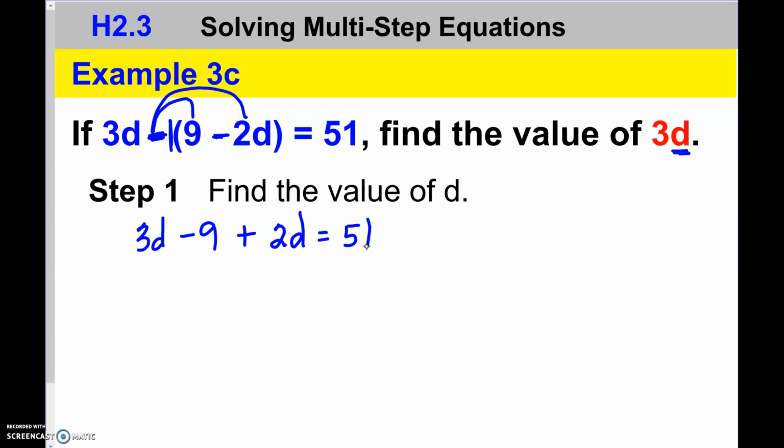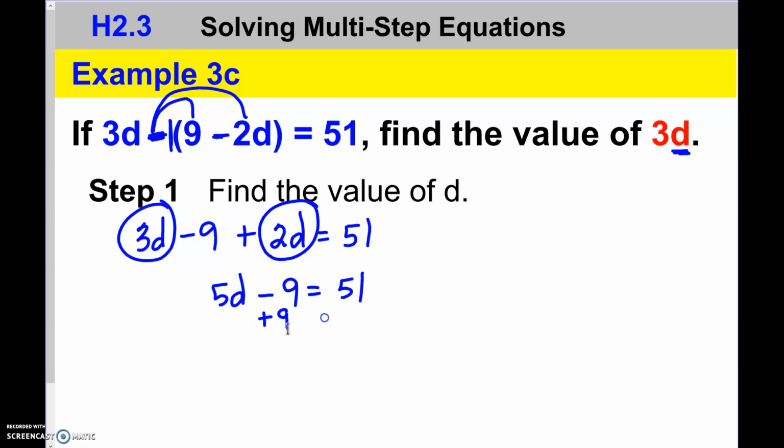Okay, so we did our distributive property. Now I'm going to combine like terms on the same side. So I have 3d and 2d. When I add those together, I get 5d, and we still have our minus 9 and our 51. So now because this says minus 9, I need to add 9 to both sides. So this cancels out, and I have